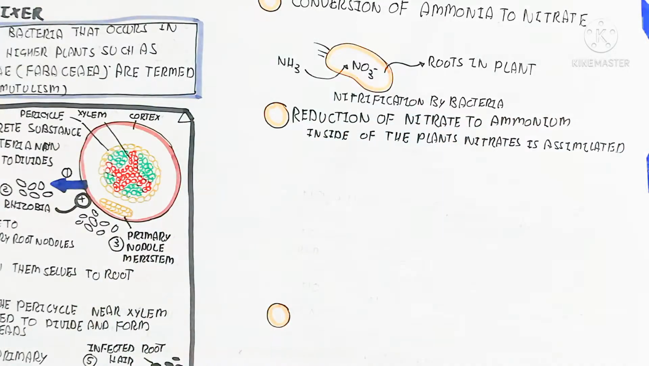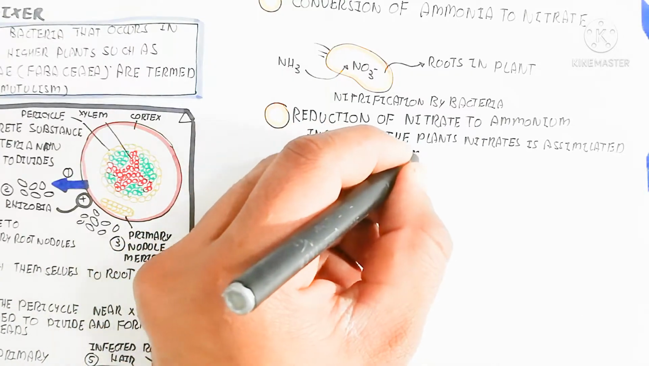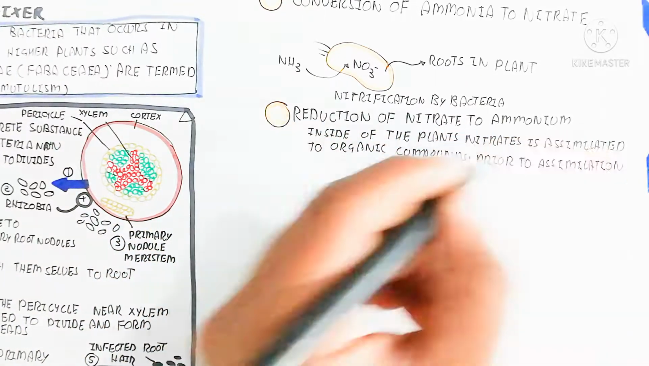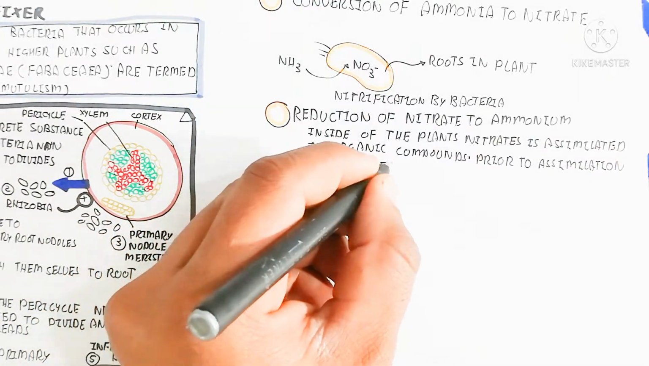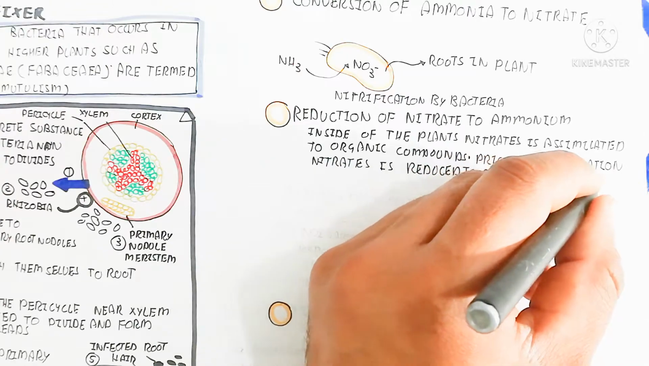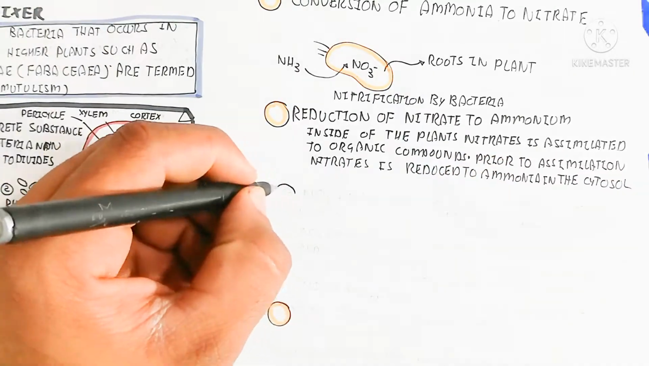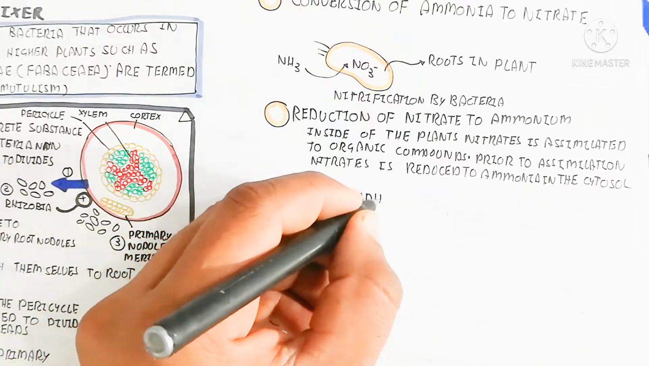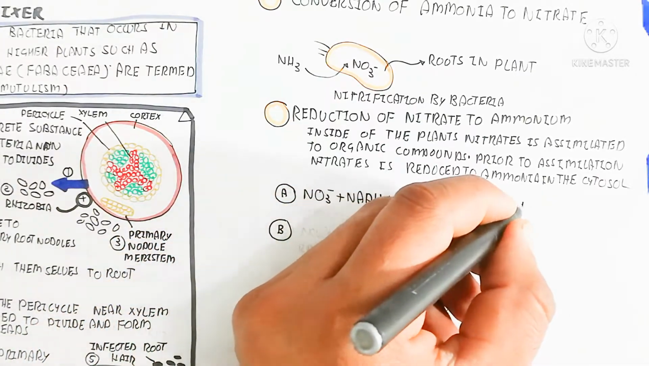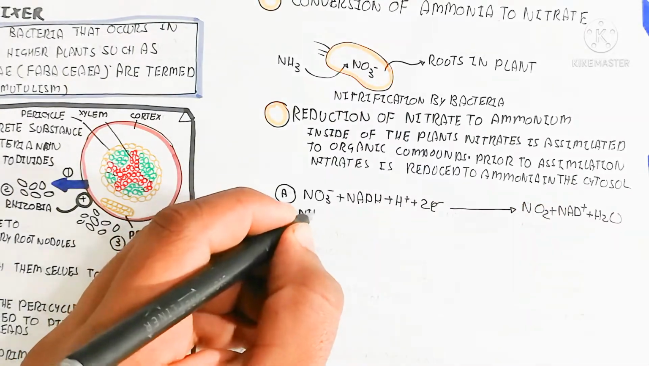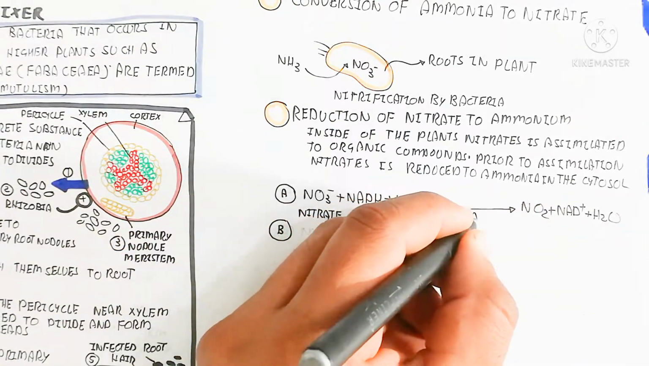So inside the plants, nitrate is assimilated to organic compounds. Prior to assimilation, nitrate is reduced to ammonia in the cytosol. So in the cytosol, the nitrates will convert into ammonia. So here I am drawing it, you can see this is the equation, the nitrate converts in the presence of NADH and